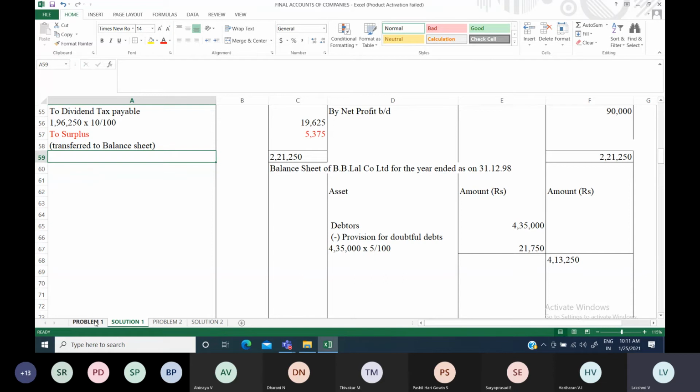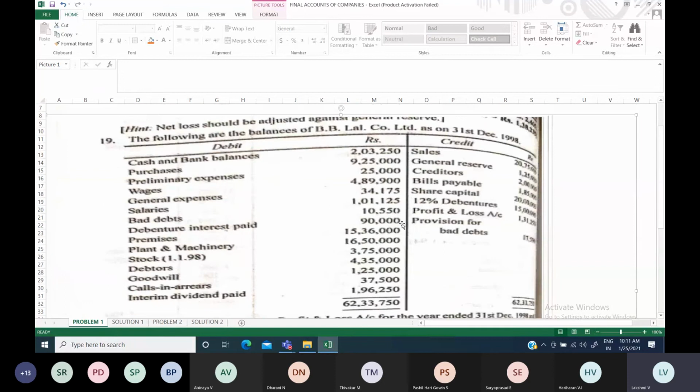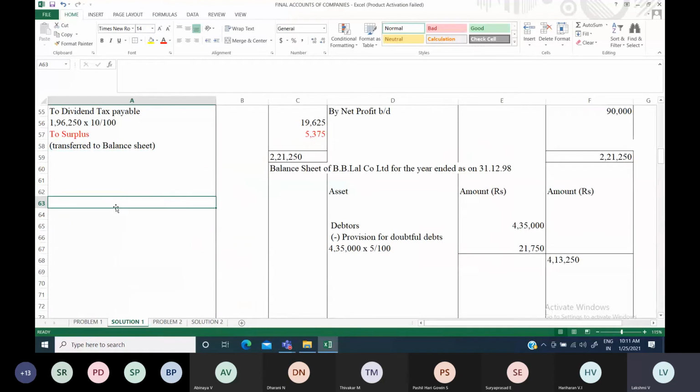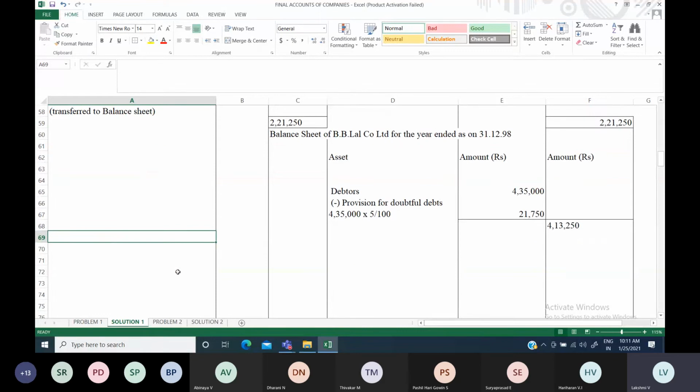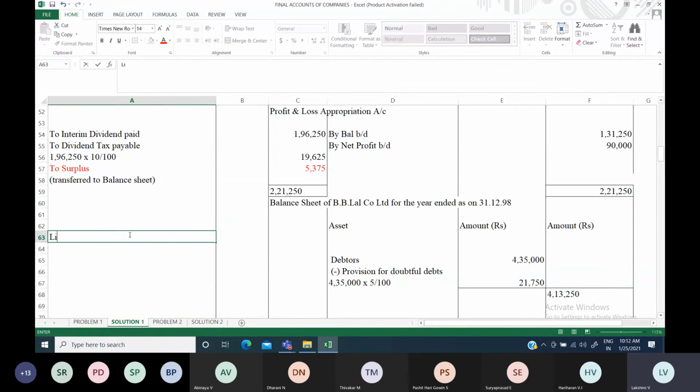Before that, if you see, you will be having calls in arrears also. So better to subtract calls in arrears and then you can add the surplus amount. Okay. So you have to go through the question. Any authorized share capital, subscribed, issued, subscribed capital, anything like this, you have to list everything under the liability side. And finally, whatever called up capital you see, from that you have to subtract the calls in arrears, and then you have to add the surplus. Okay. So like this only you have to follow. Let me just mention liabilities.